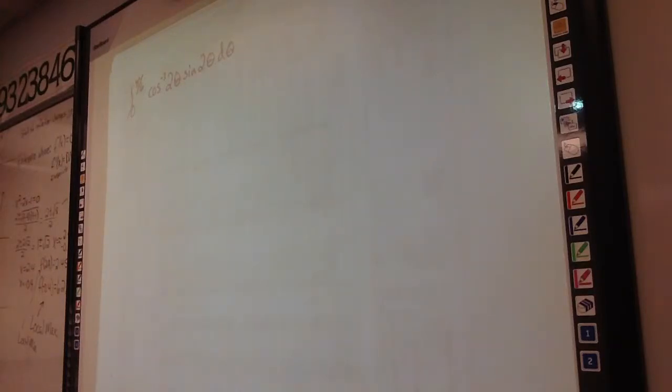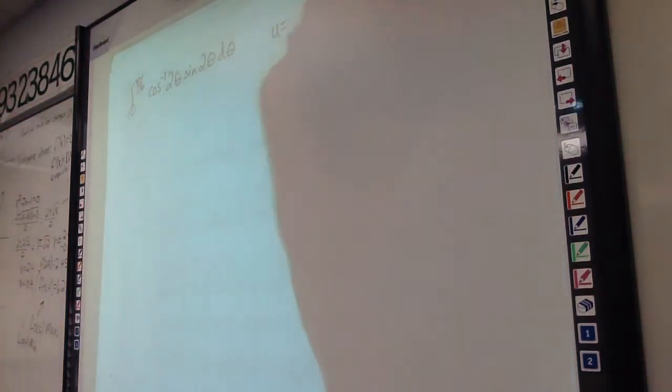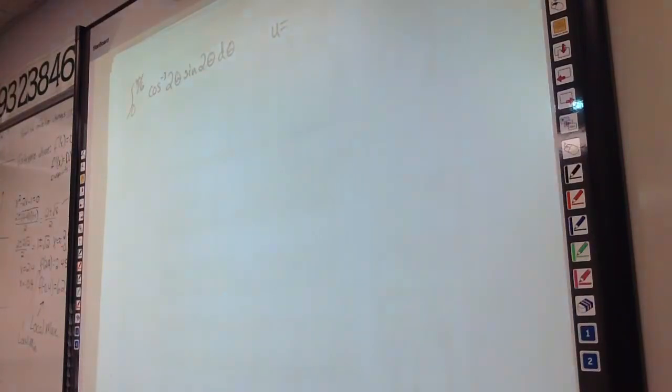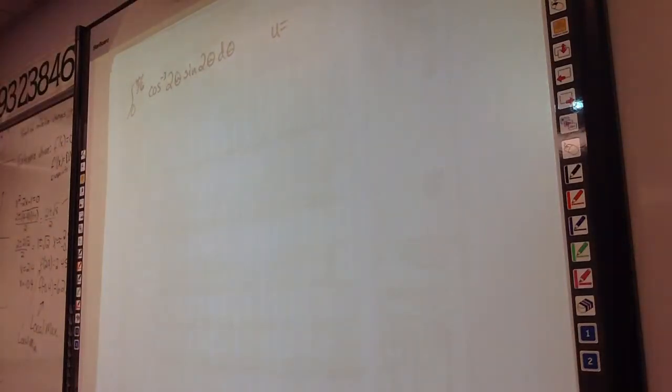What do you think u should equal? Cosine of negative... Sine of 2 theta? That's what I thought at first, too. I'll tell you right now, it doesn't work. Just for the sake of time, it doesn't work. Cos of 2 theta? Or should we just do that? And actually,